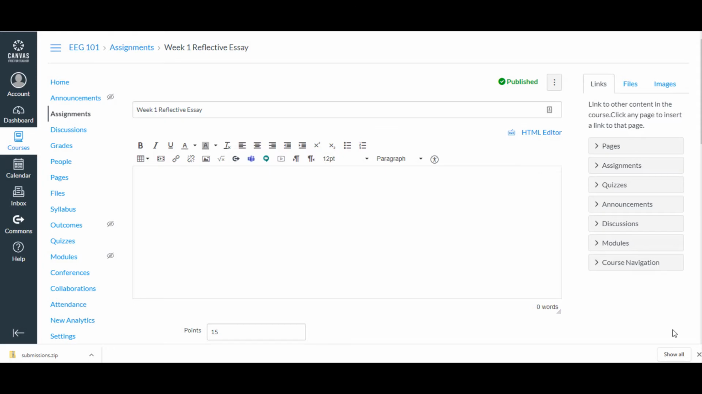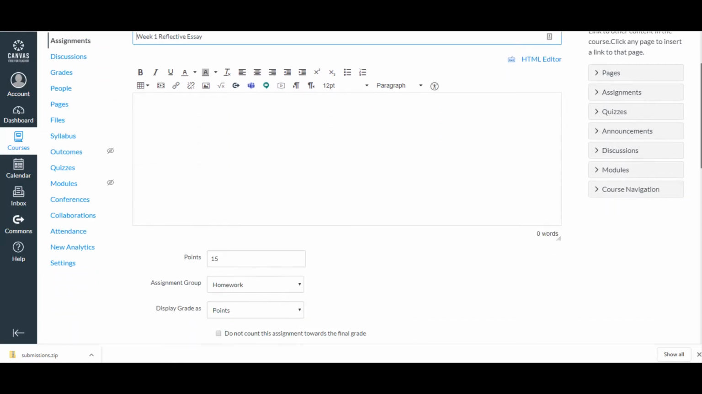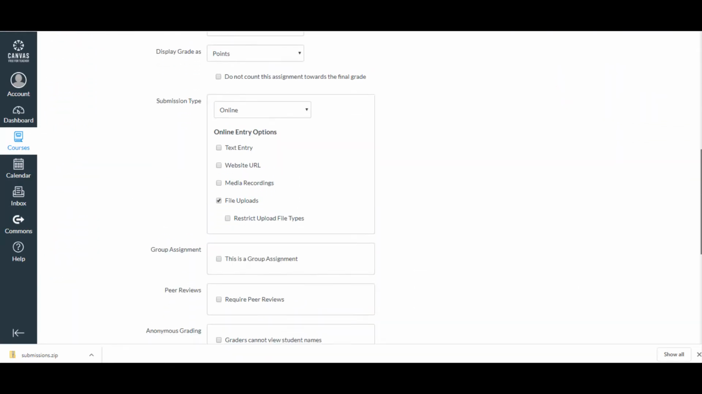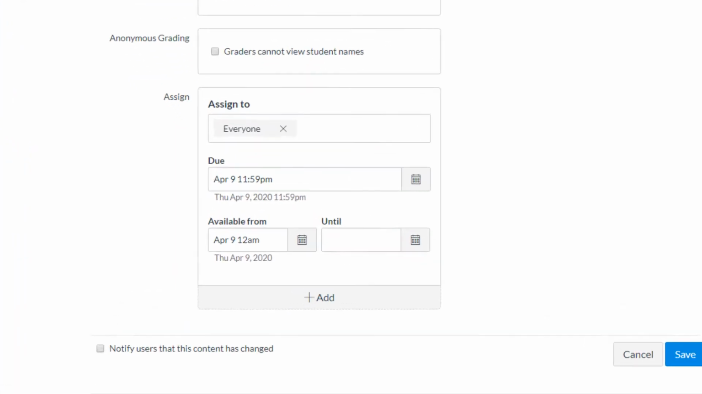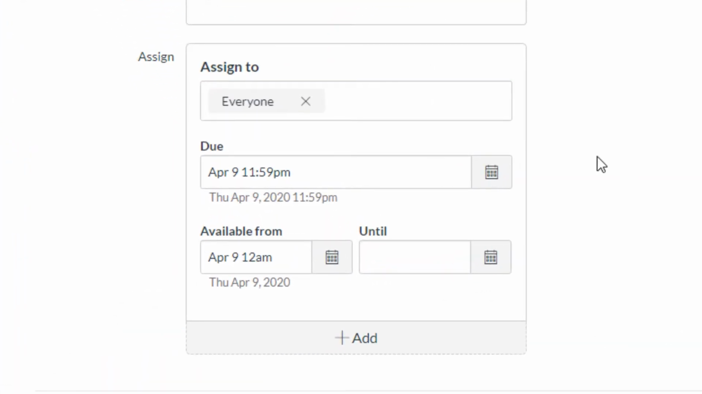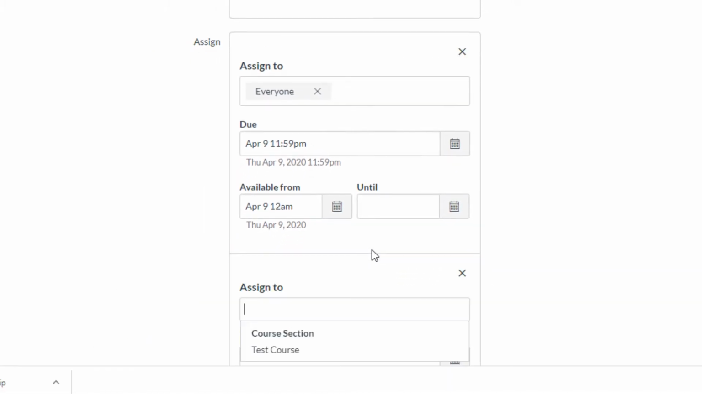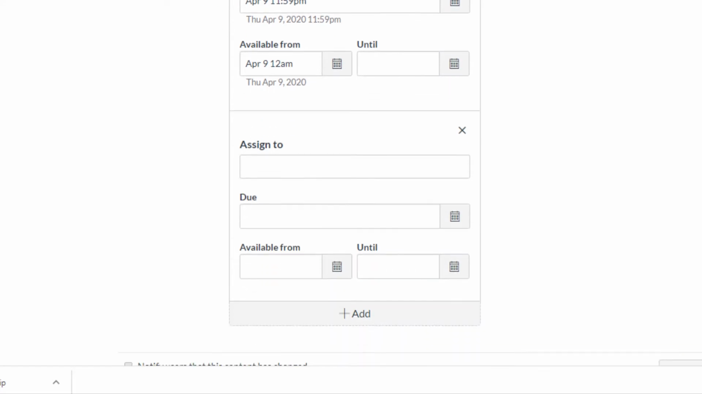So this was already created, but if I wanted to go back into an assignment that has an online submission and adjust the due date or the extended time for one of my students or a few of my students, I would just scroll down on this page. And under assign, I can click the add key,